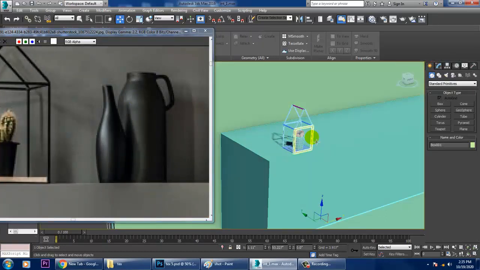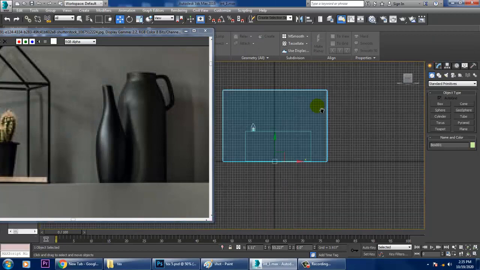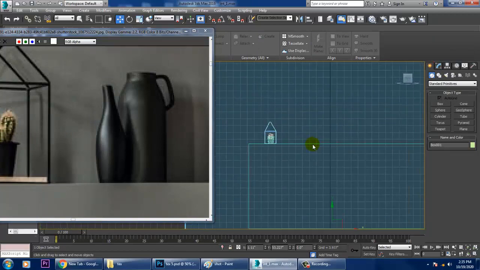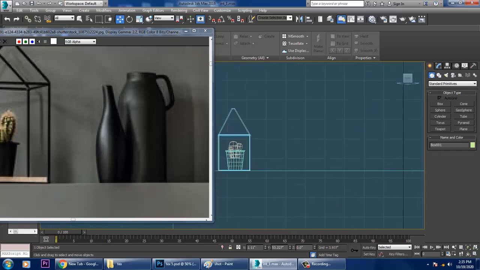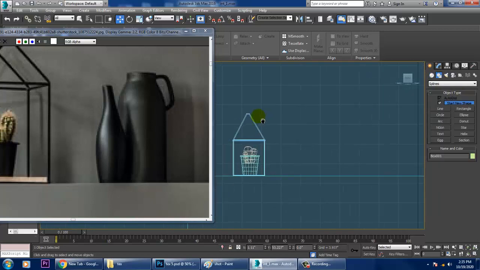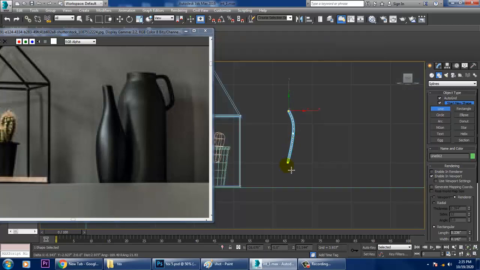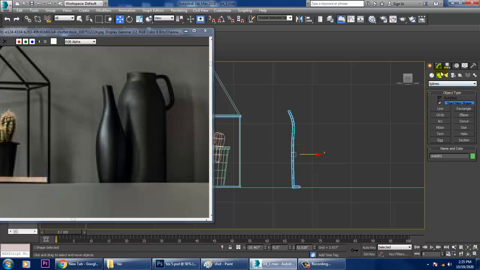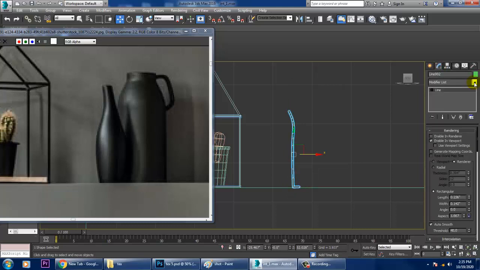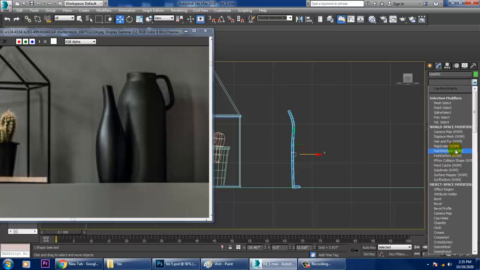Let's again go into this, and how are we going to create this bottle over here? Let's just take a line tool. After taking a line tool, you can go into the modifiers, and there is a modifier called lathe.